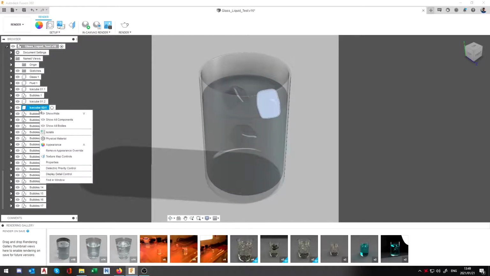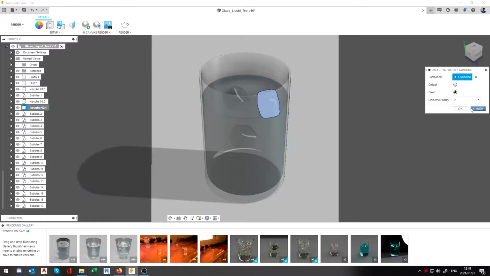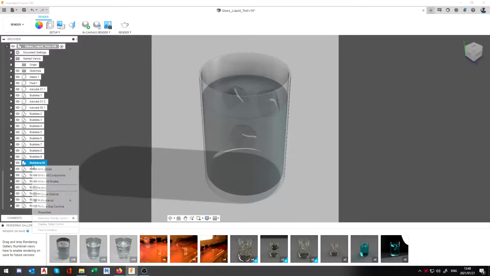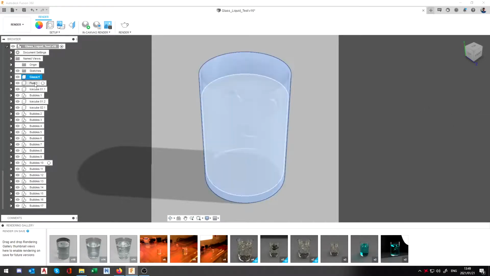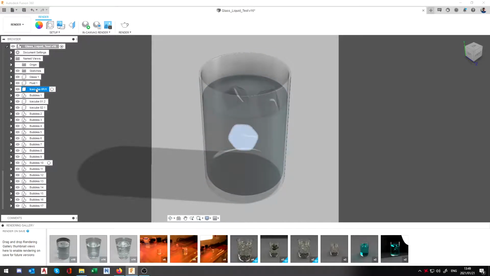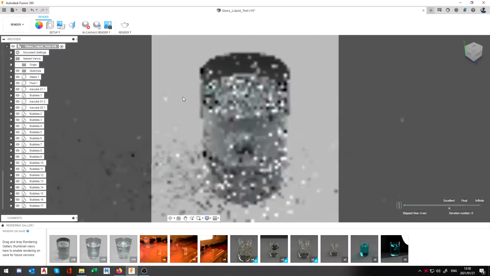Now, as you can see on these as I'm working through, I've actually already done that. I've gone through everything. So what I've done is basically given the glass highest priority 0, the fluid the lowest priority 5, ice cubes 2, bubbles 3, and I've worked through that. It's up to you how you would want to stagger it yourself. But now when I go render,